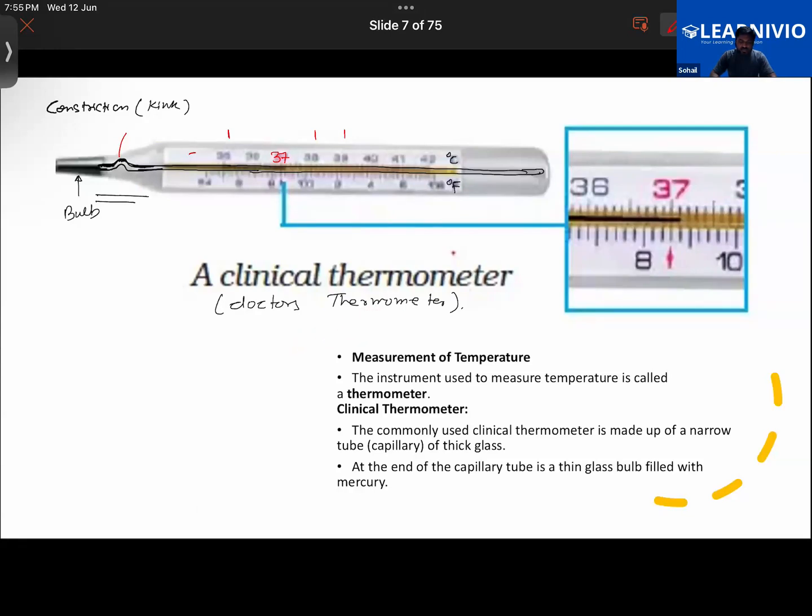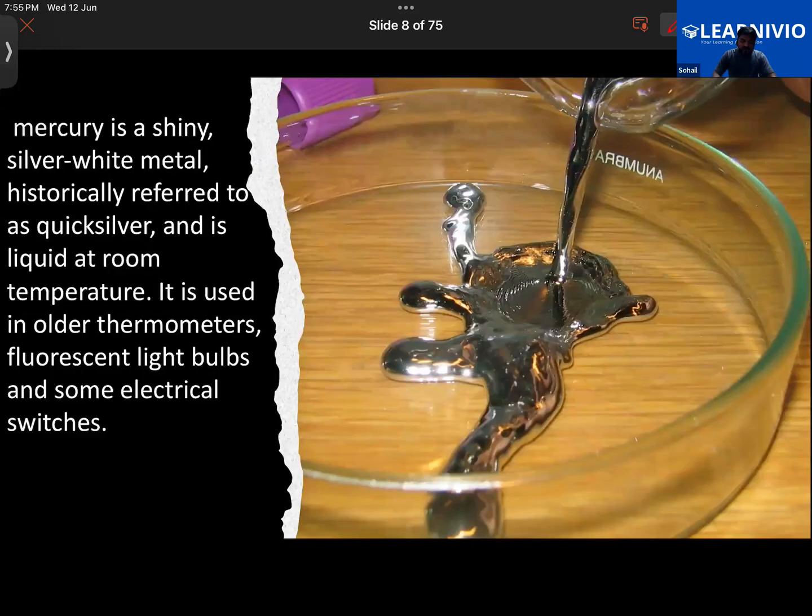Then previously we learned about a clinical thermometer, also called a doctor's thermometer or a medical thermometer. Suleiman, tell us what are the properties of a clinical thermometer? What are the things we learned about the clinical thermometer? Sir, a clinical thermometer is used to measure the temperature of objects. Its range is from